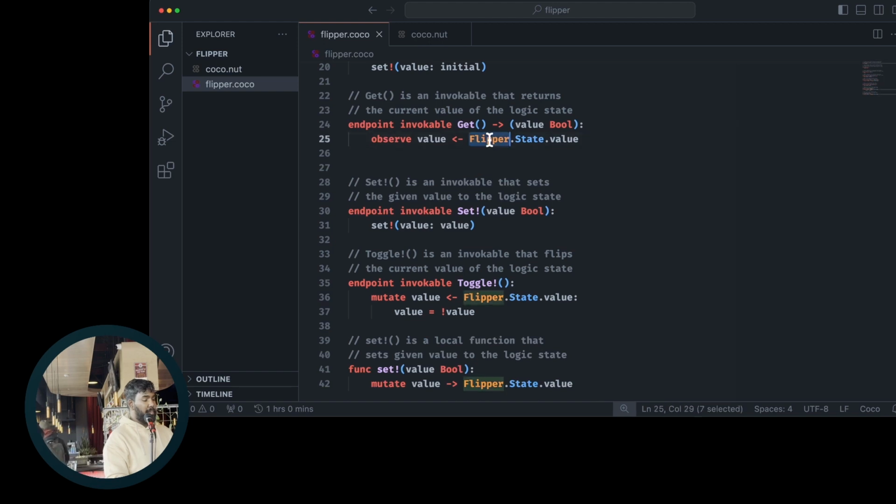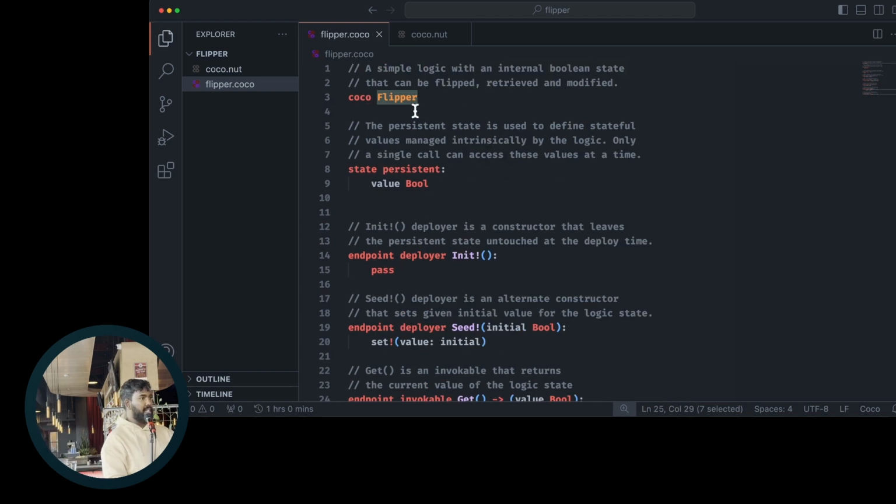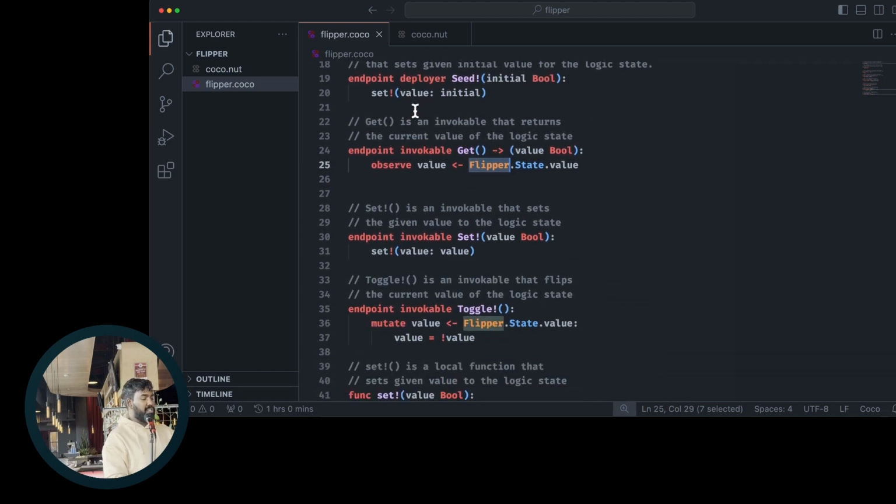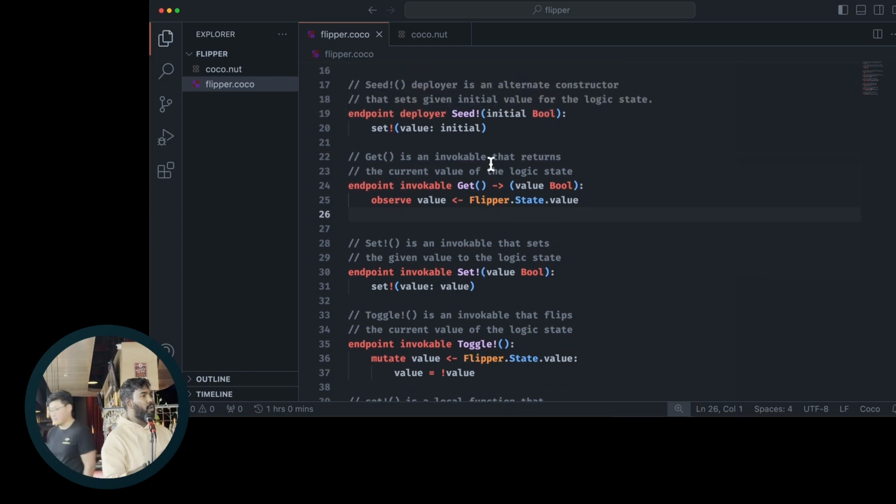So if you notice here, the flipper here corresponds to the module name. It's the logic itself. So you see these ones in orange, in PISA and Coco, we call these super globals, right? The idea with them is that there's something like flipper, sender, participants, IXN, which is interaction, and ENV, the environment. These are super globals that exist in all contexts of the programming, so you can take them in any function, any endpoint, in any class. You can use the values from there if you need to. So these super globals are just long-living globals in the execution environment itself.